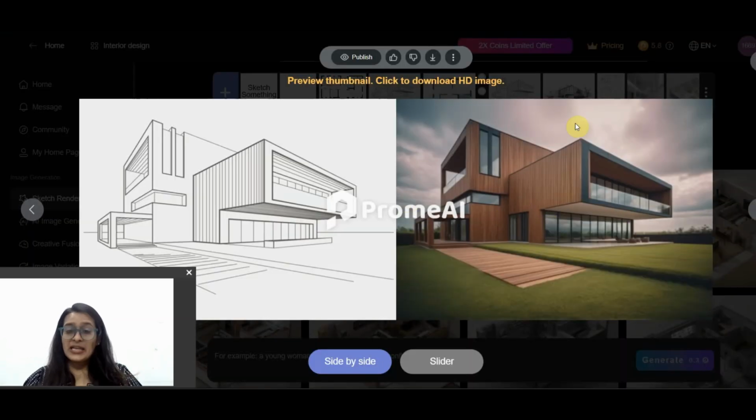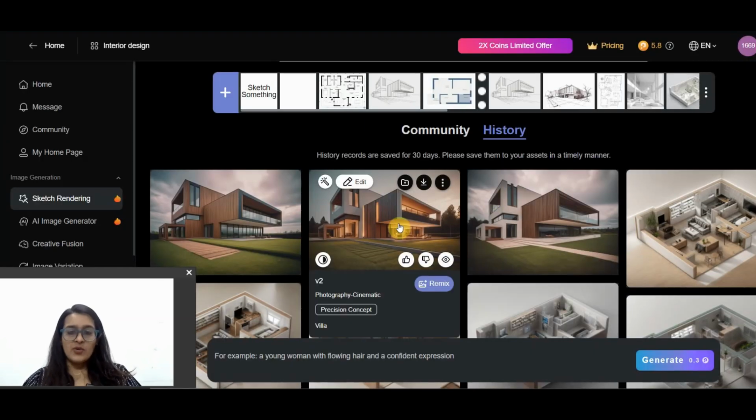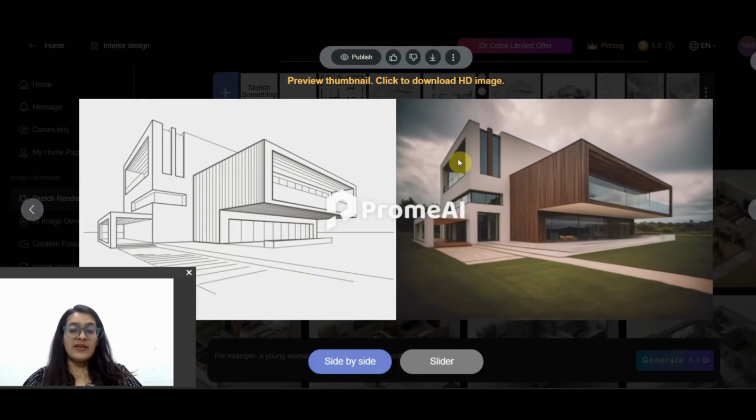It has very nicely given you an idea, overall concept of how this idea works, and this is by far the closest that has come to my visualization. Always I can go ahead and change whatever I want, and it has just given me a good pathway plinth. It has understood that this might have a little depth, and overall I'm very happy with the results. So kudos to this software.